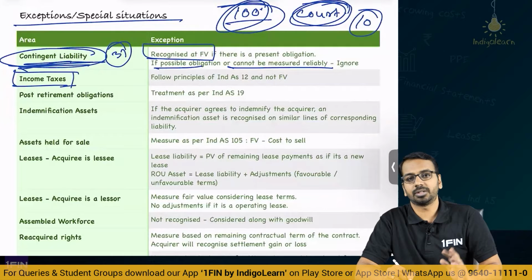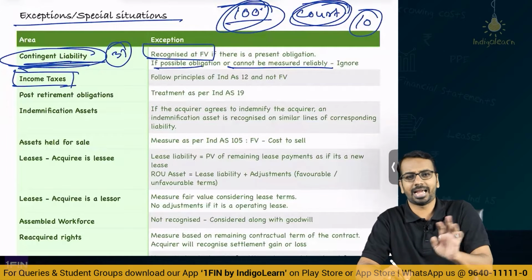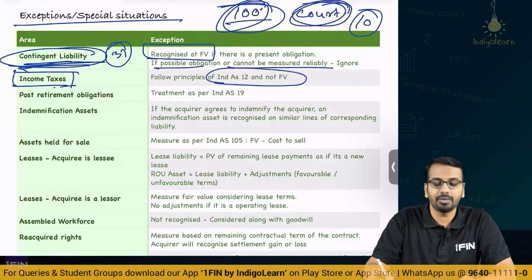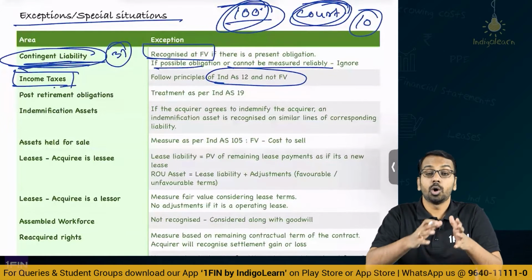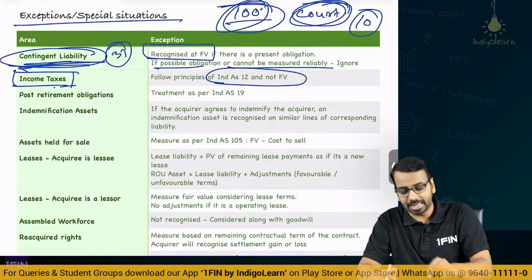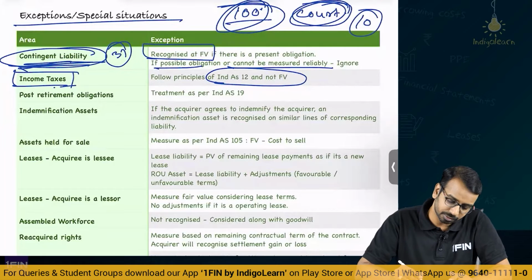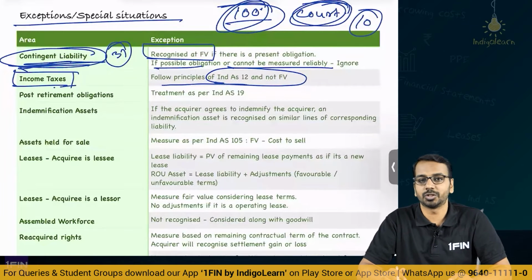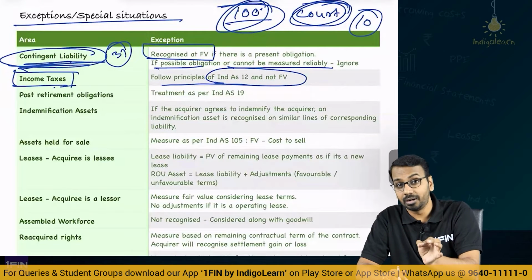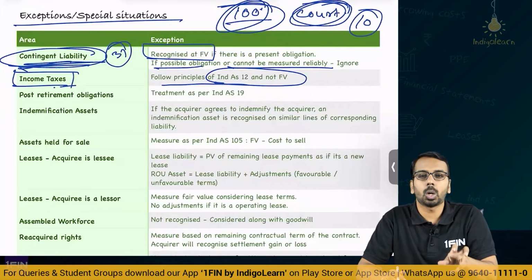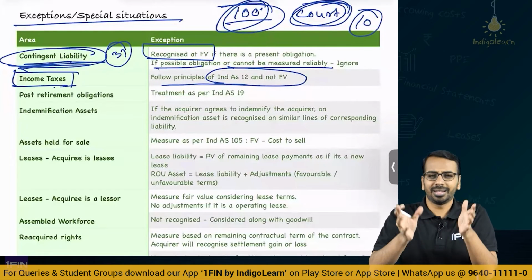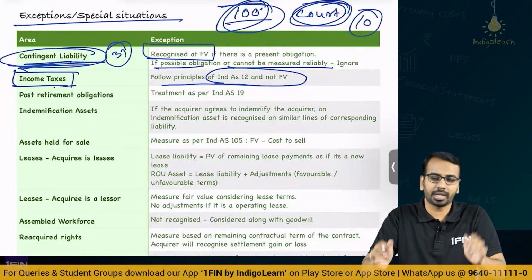Normally under Ind AS 103 we take everything at fair value, all assets, liabilities, purchase consideration. But income taxes will follow principles of Ind AS 12 and not fair valuation. So we will see what are the various taxable differences, what are the various deductible differences, and considering that we will calculate deferred taxation following principles of Ind AS 12. And please note, on initial recognition of goodwill at the time of business combination, we will not calculate deferred tax on that goodwill component, because it will be a cascading effect. You just need to remember that on goodwill we will not calculate.